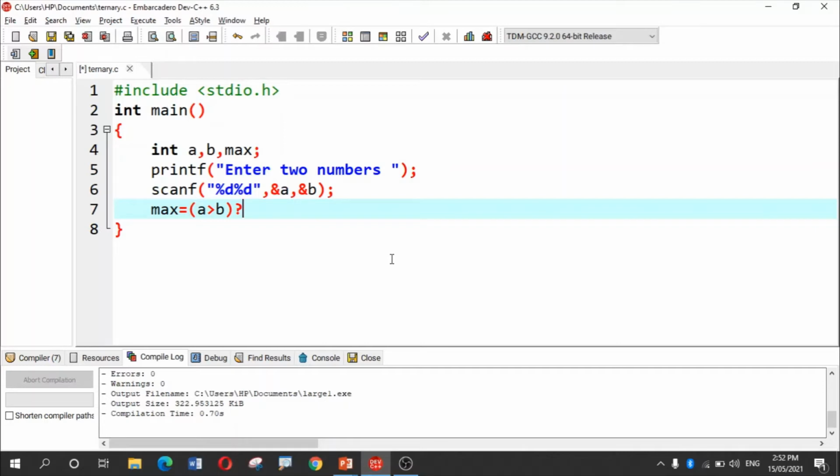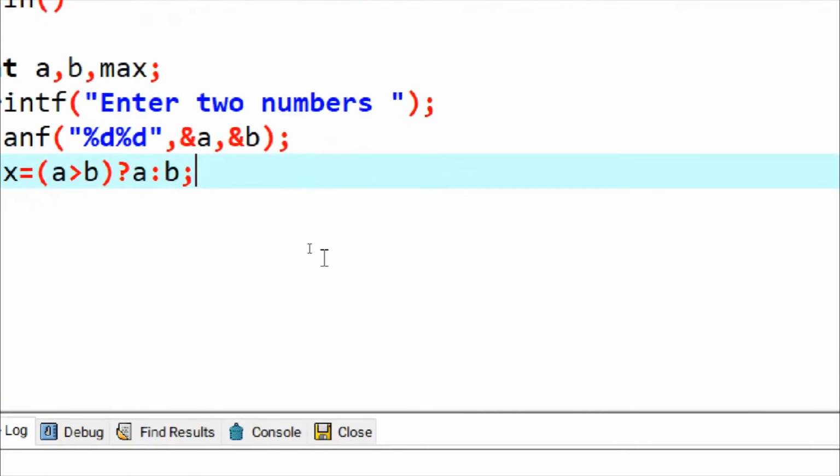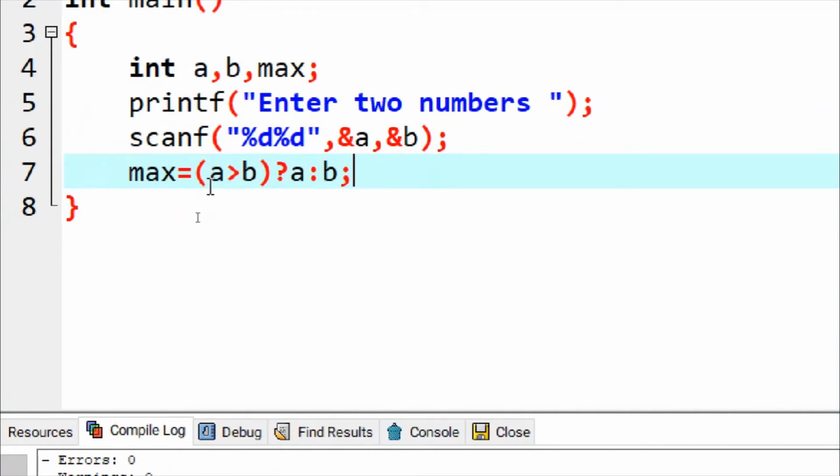Question mark is followed by an expression or a statement which should be executed when the condition is true. So when A greater than B condition is true, we have to equate max with A. So I have written A here. And if the condition is false, then it should be equated with variable B. So this is the conditional expression: max equal to, in bracket, A greater than B question mark A colon B, and it is terminated